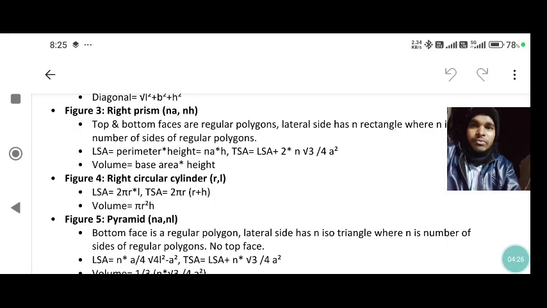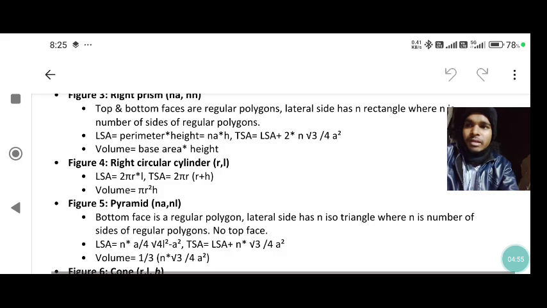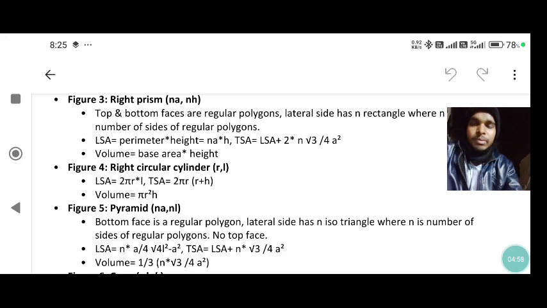In a right prism, the top face and bottom face consist of regular polygons, whereas the lateral faces are rectangles. There are n rectangles, because n rectangles correspond to the n sides of the regular polygon at the top and bottom of the right prism. And the right prism has n sides of a, and n heights of h,